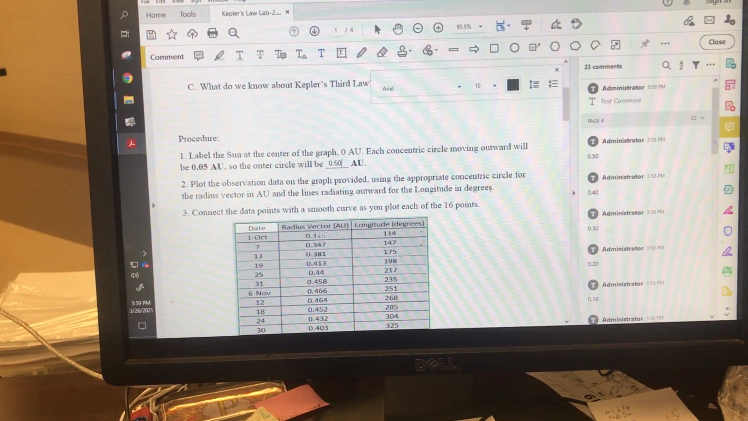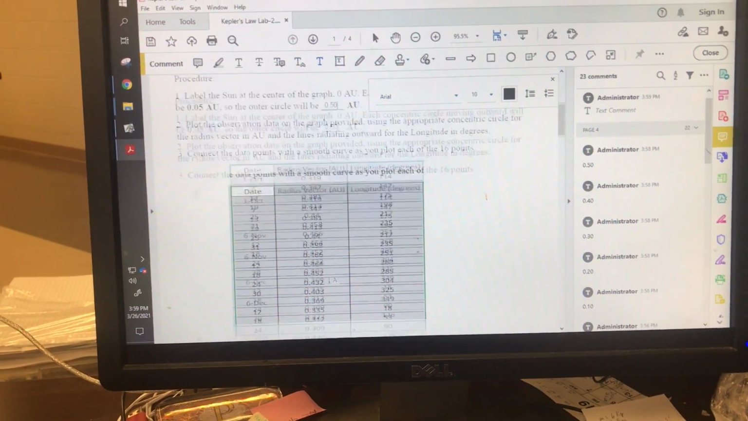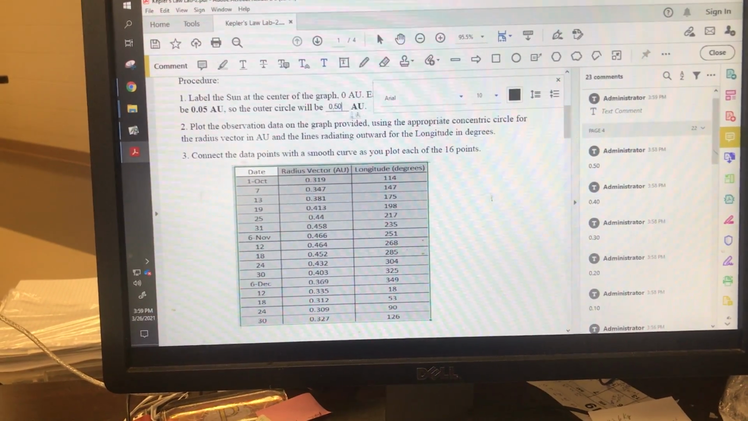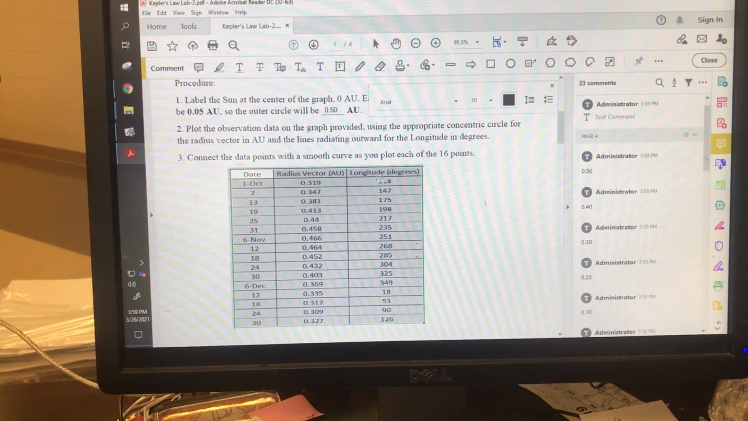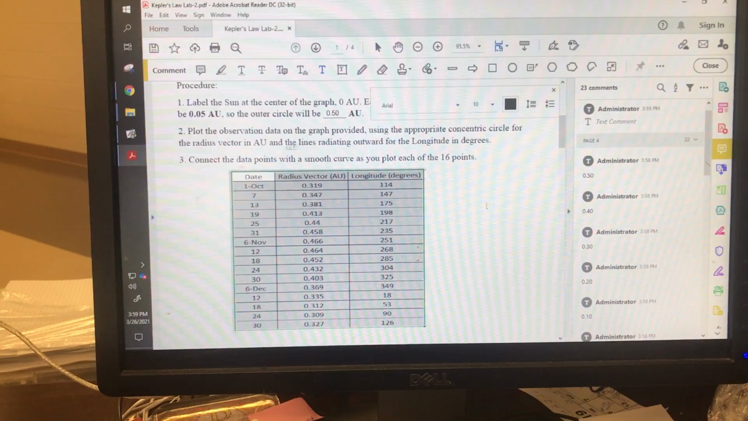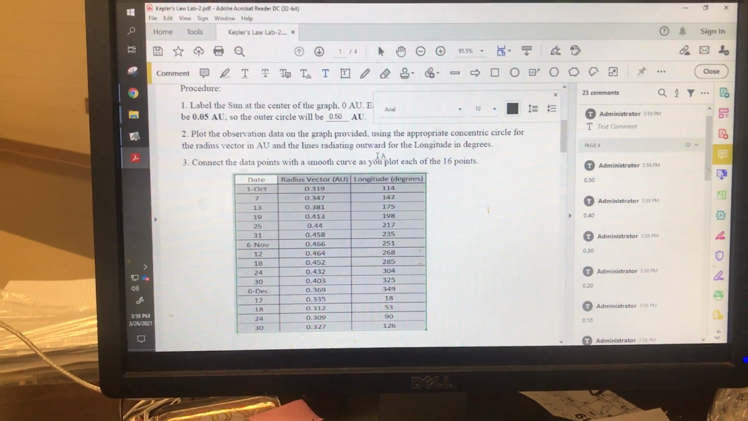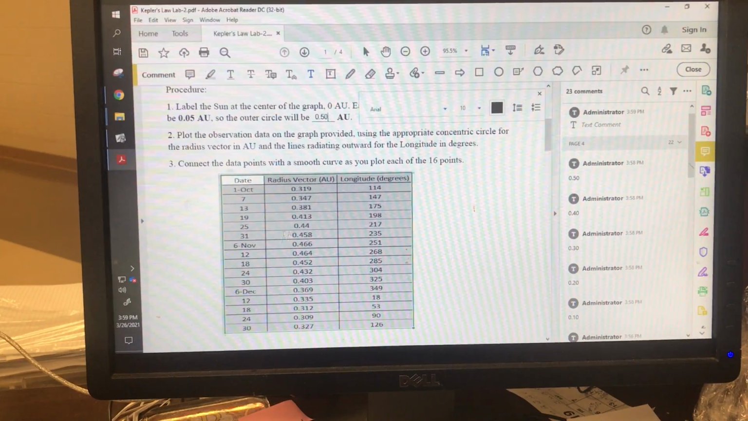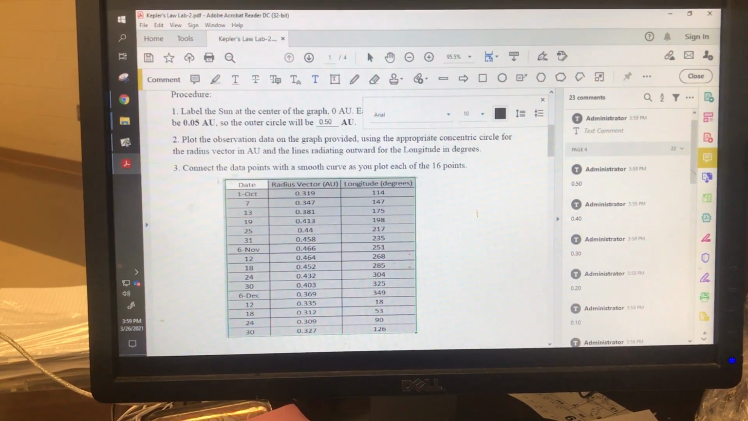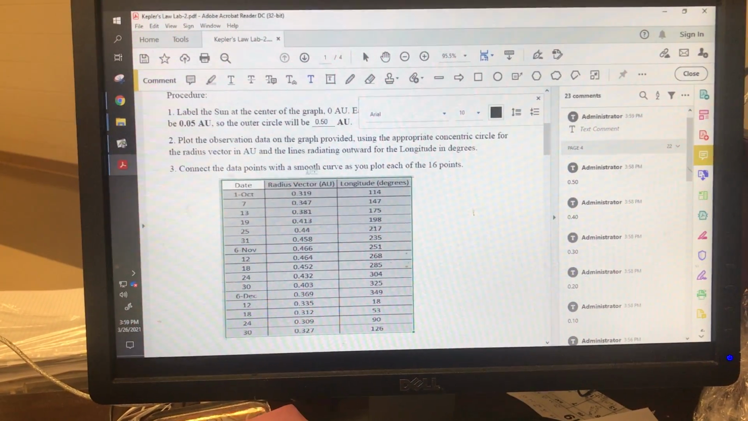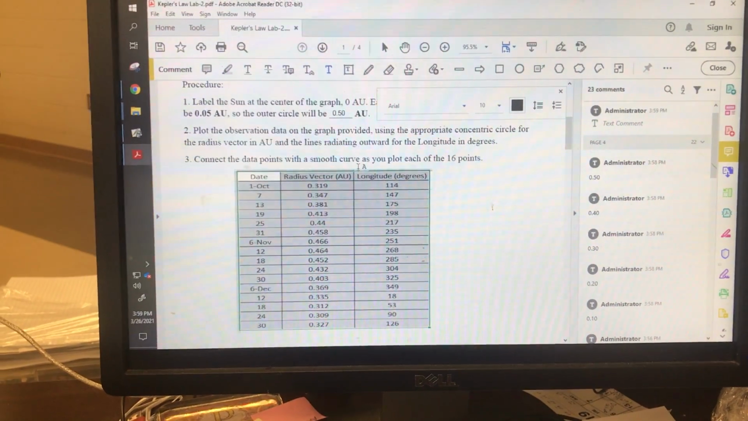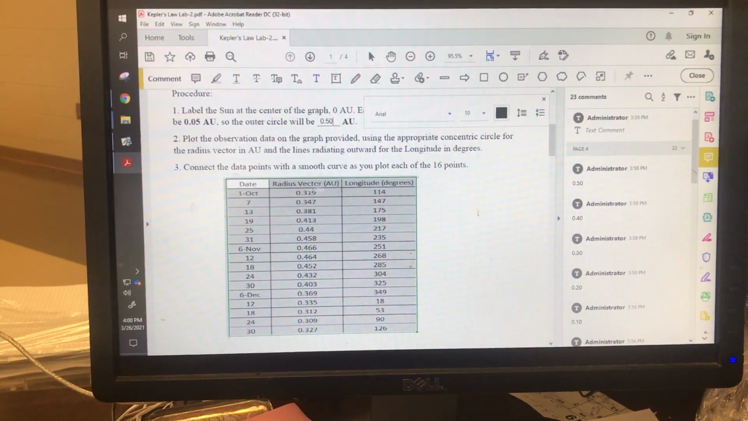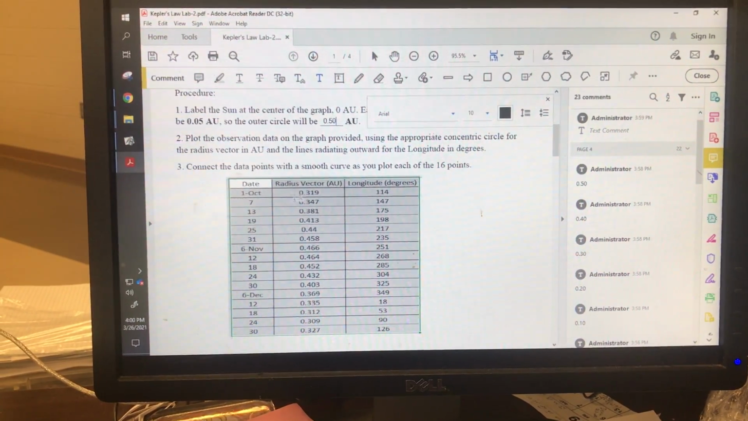So if you notice, this column here is in AUs. Those are the values that we're plotting on those concentric circles. And this is the longitude in degrees. Those are the lines radiating outward in our longitude in degrees. So we're going to have 16 points that we're going to plot, and we're supposed to connect them with a smooth curve. That just means you don't want a straight line going from one to the other. You want it kind of curving. So we're going to start plotting this at